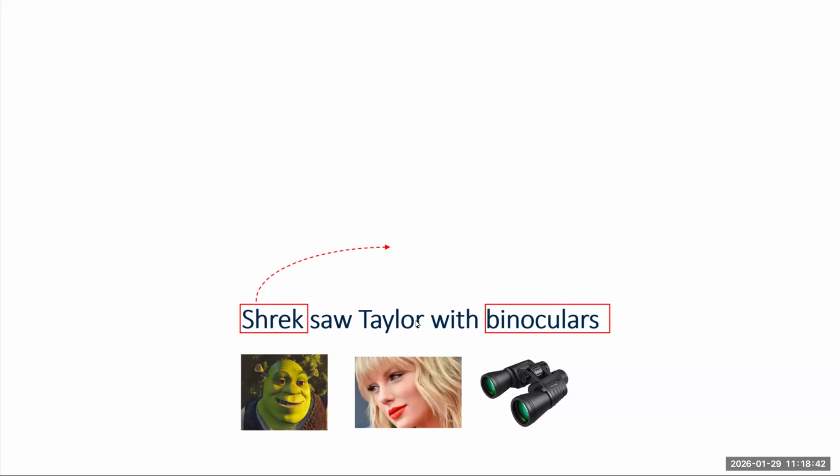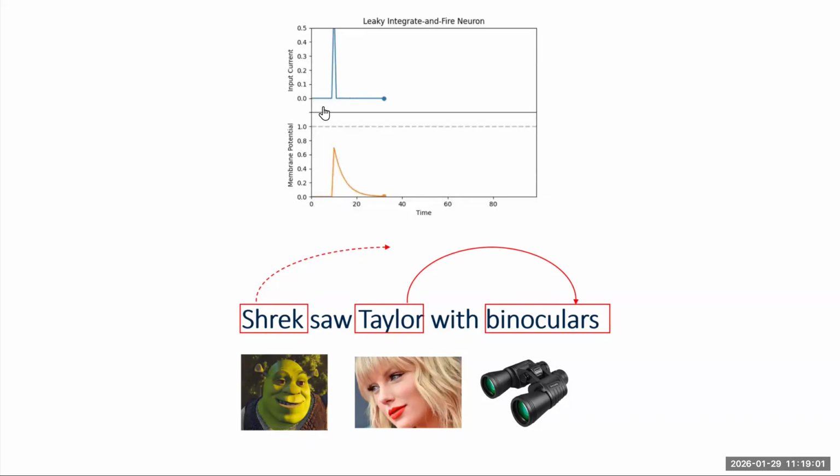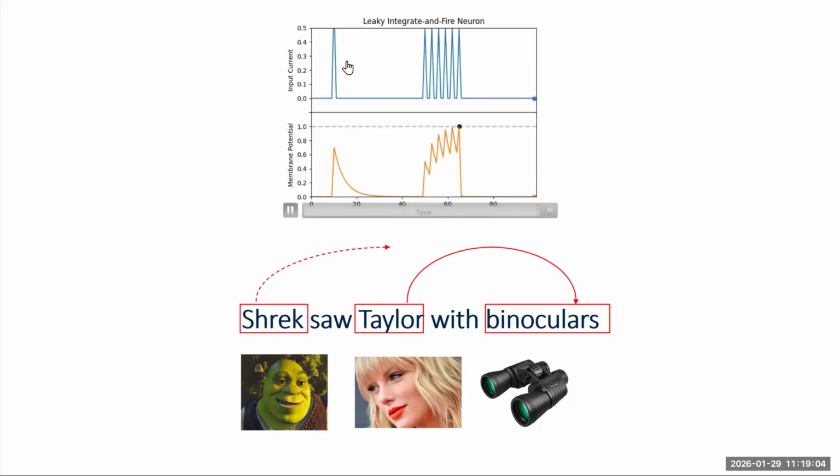I'm not adding extra states, but I'm using the one variable to represent all of my history. And the problem with that in spiking neural nets and recurrent neural nets is that you get fading memory. It might be the case that all my information about Taylor supersedes and overwrites everything about Shrek in my model. Now, of course, this is a very toy example, but I hope you can see that maybe this input current represents Shrek somehow, and then my membrane potential jumps, but then by the time I reach binoculars, everything about Shrek is gone, right? So there's this short-term memory problem that is one of the major reasons why people abandoned RNNs for language modeling and went over to transformers.